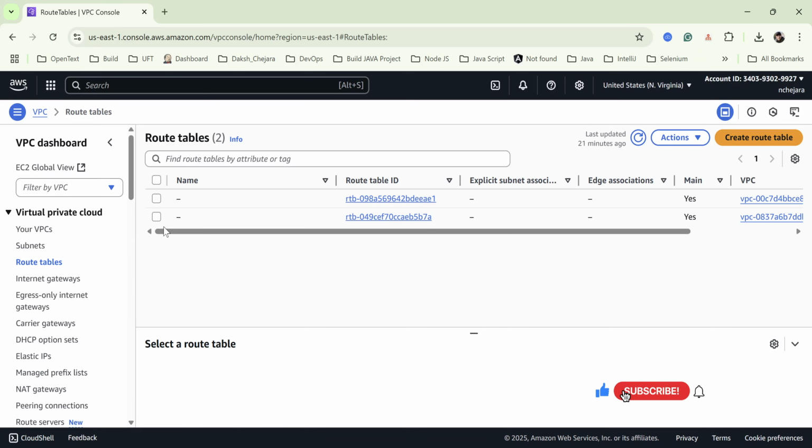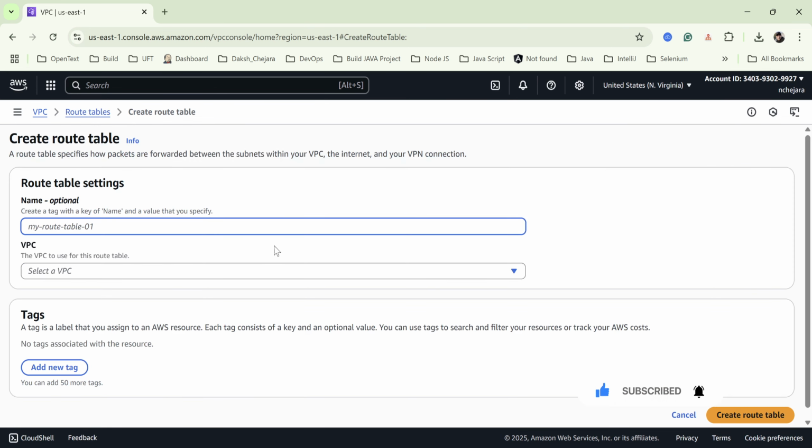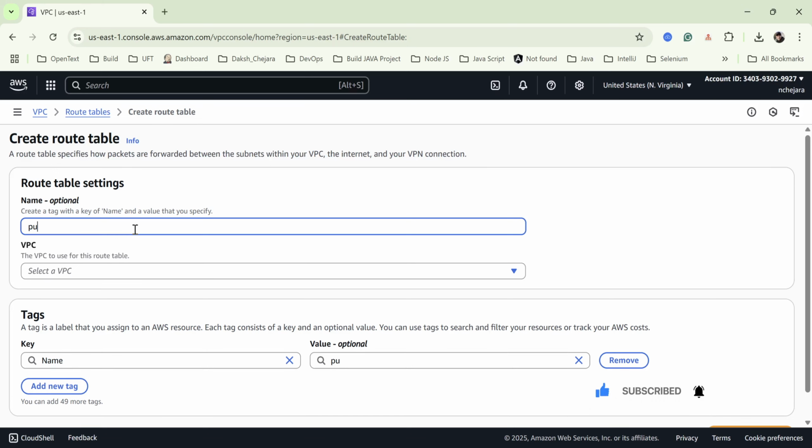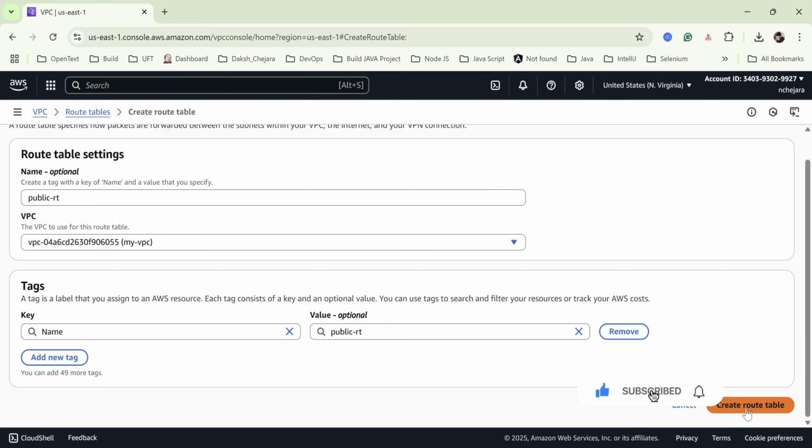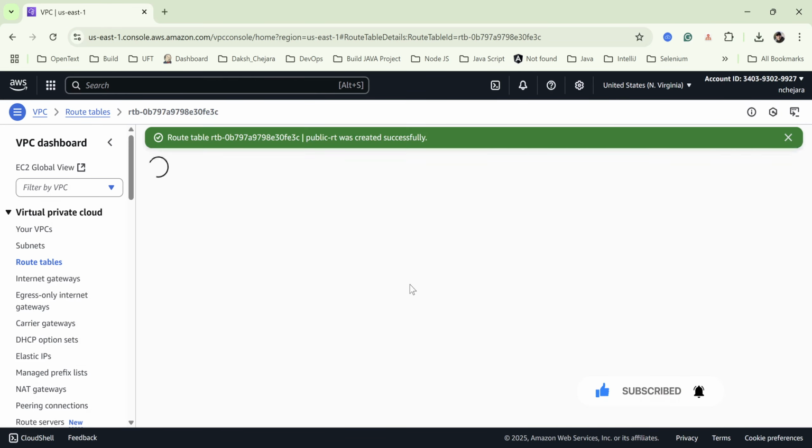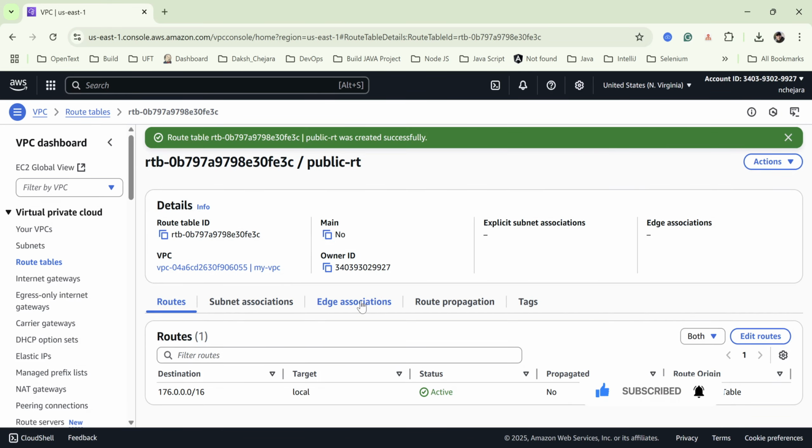So in the route table, let's create the public route table. Name it RT, select your VPC, that is this one, and then create the public route table. And then we have the route table. In this route table we are going to